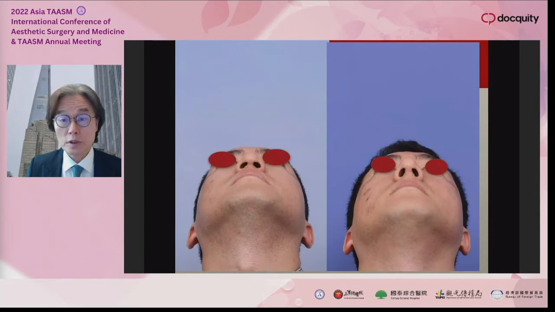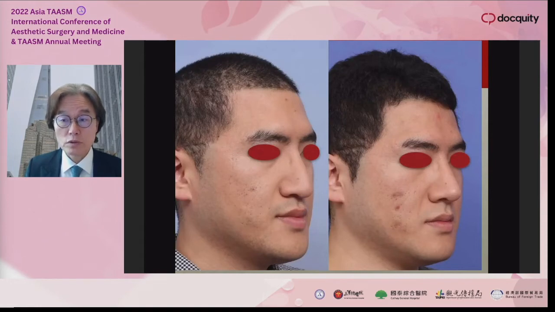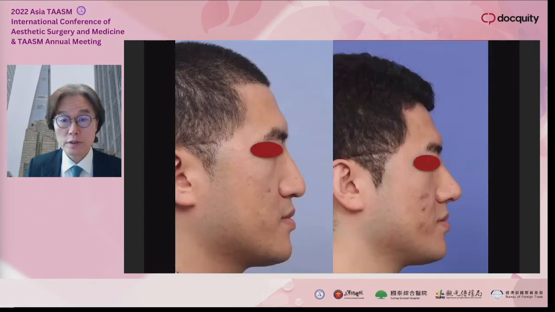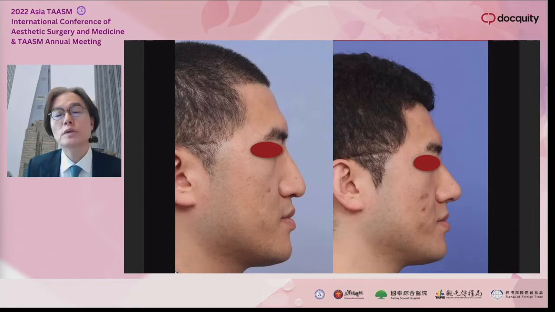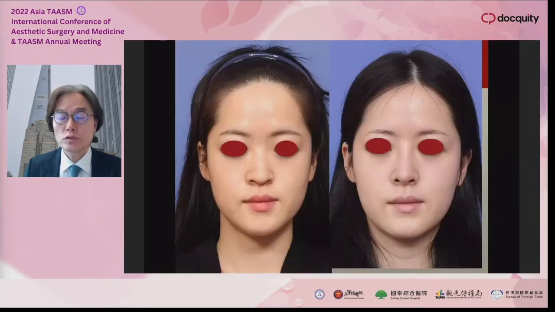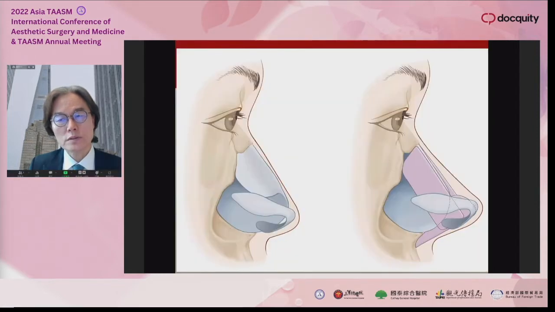So these are patients who benefited from the placement of the bilateral extended spreader graft, sandwiching one caudal septal extension graft. This technique is particularly useful for cases like this who had tip ptosis and needed significant tip projection. So this lady, although this was a primary case, I used costal cartilage for correction of her deviation and tip ptosis, and so I